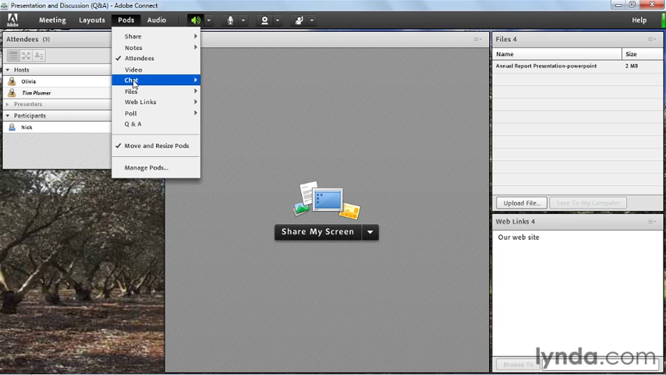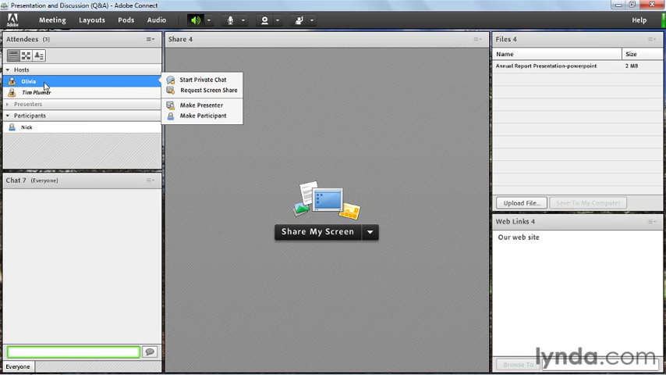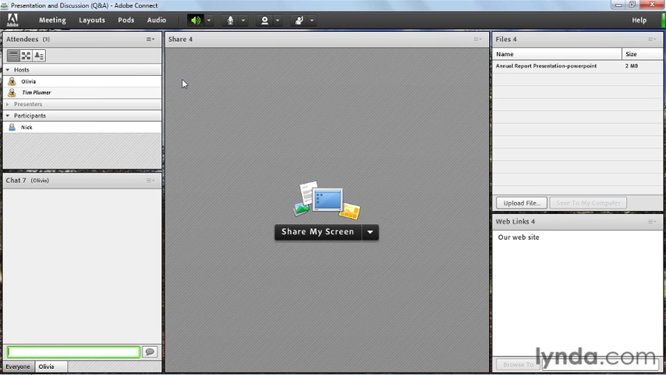a standard chat pod. I'll resize it so that it fits the scheme. And now, if I want to chat with Olivia or Nick specifically, I can. So I'm going to hover over Olivia's name here in the attendee pod, and I'm going to select Start Private Chat. I'll say,